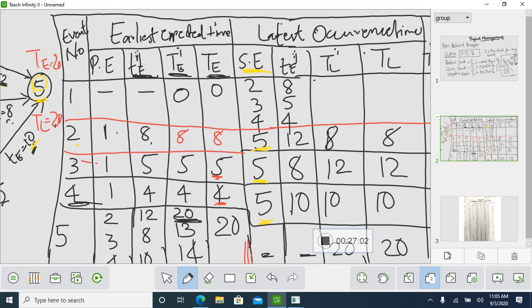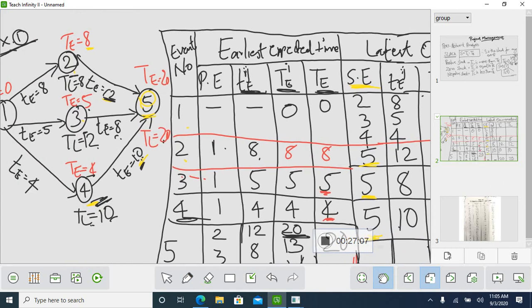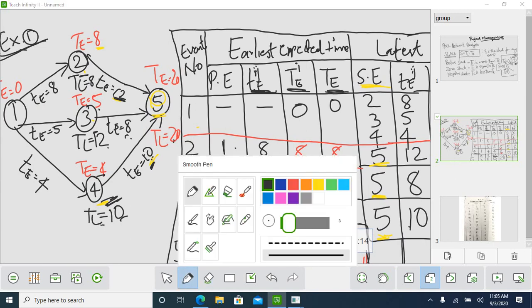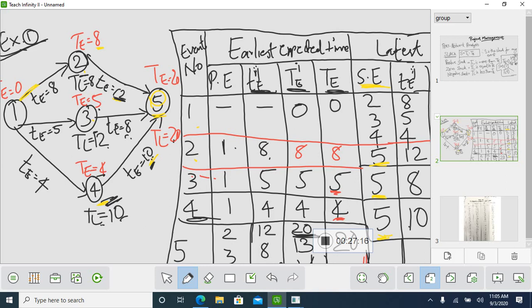So coming to 1. So if you take event 1, there are 3 events which are coming to 1. So you will be taking all these 3. So 8, 5, 4, this 4. So you can write 8 minus 8 is 0. So you can take 8 minus 8 is 0. 5 minus,